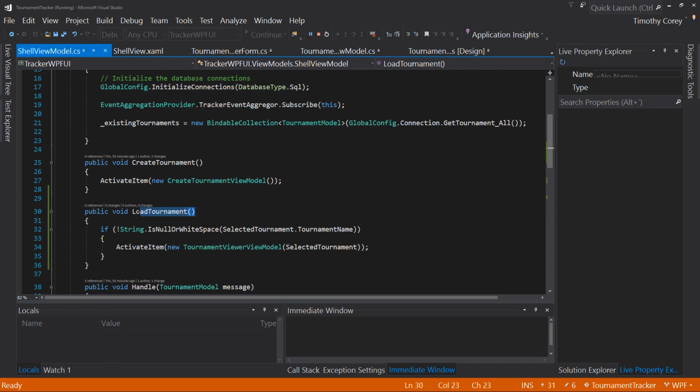And the very first thing I see is, where are we calling this? Well, if you can see, it's really tiny, but it says right here, 0 references. Well, if you're not